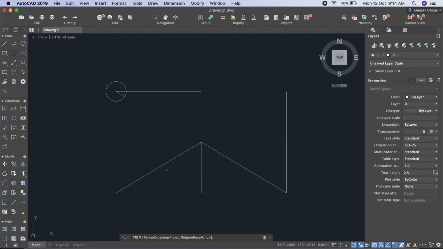It's a very simple way to trim the unwanted lines in the drawing. So now Control Z to get back to your initial drawing. Again I show you the trim command: tr, enter, then again enter, and then again enter. You have to press enter 2 times: tr, enter, enter. Okay, your command starts. Press escape to end the command. Control Z to get it to the initial position of the drawing. So this is how your trim works.